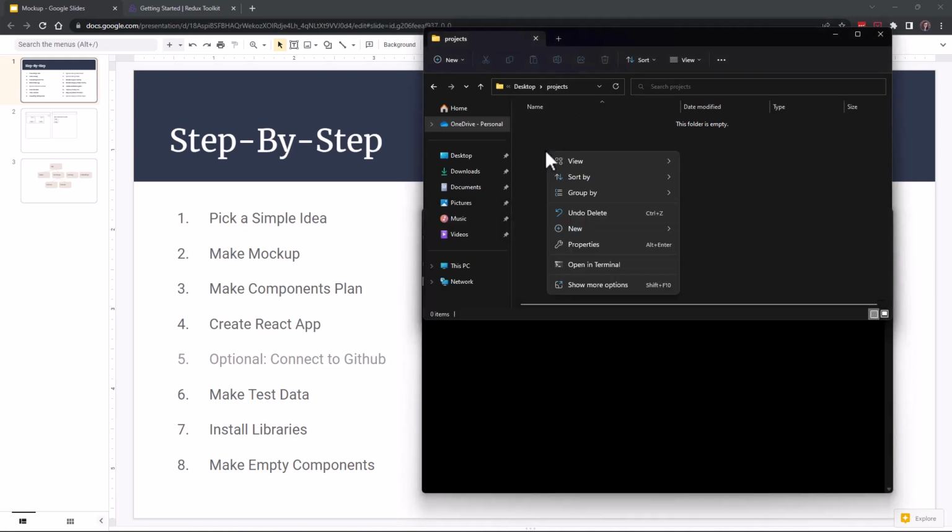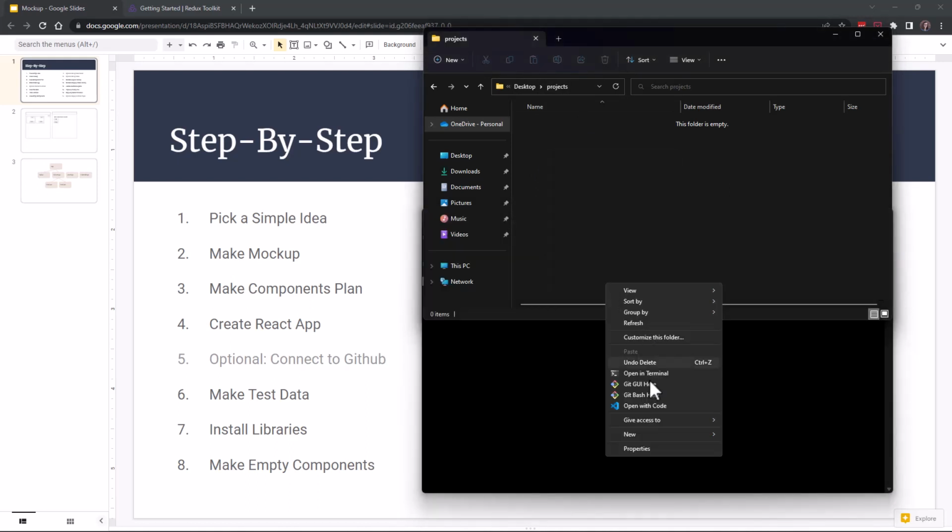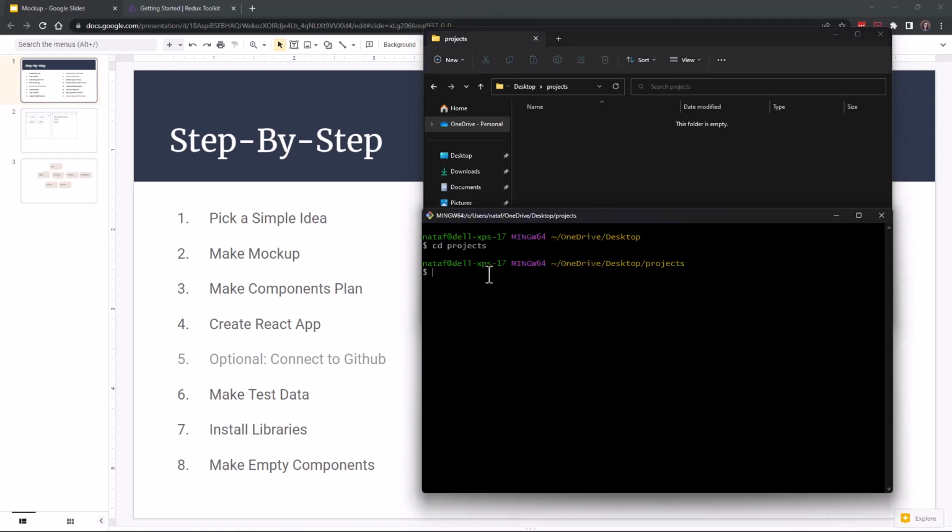You could also do things like right click and do git bash here if you're on Windows and you've installed git bash, or open in terminal or something, just to get a terminal pointed to whatever folder you want your app put into. So I'm now going to run my command npx create-react-app,